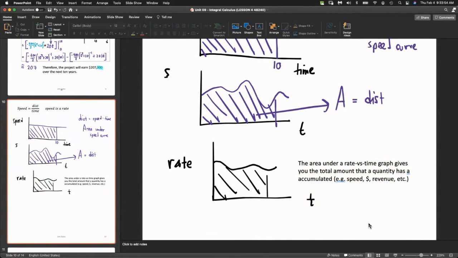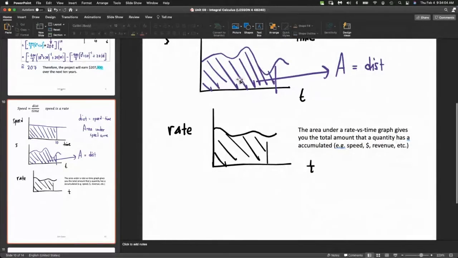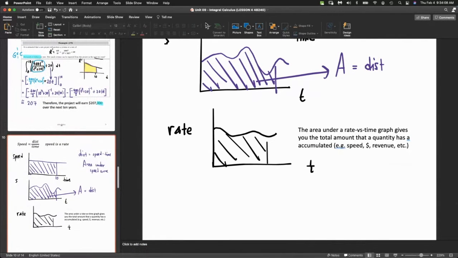So if you have a rate versus time graph, then the total area under that graph gives you how much has accumulated. So if we go back to the previous question, which was the revenue question right here,